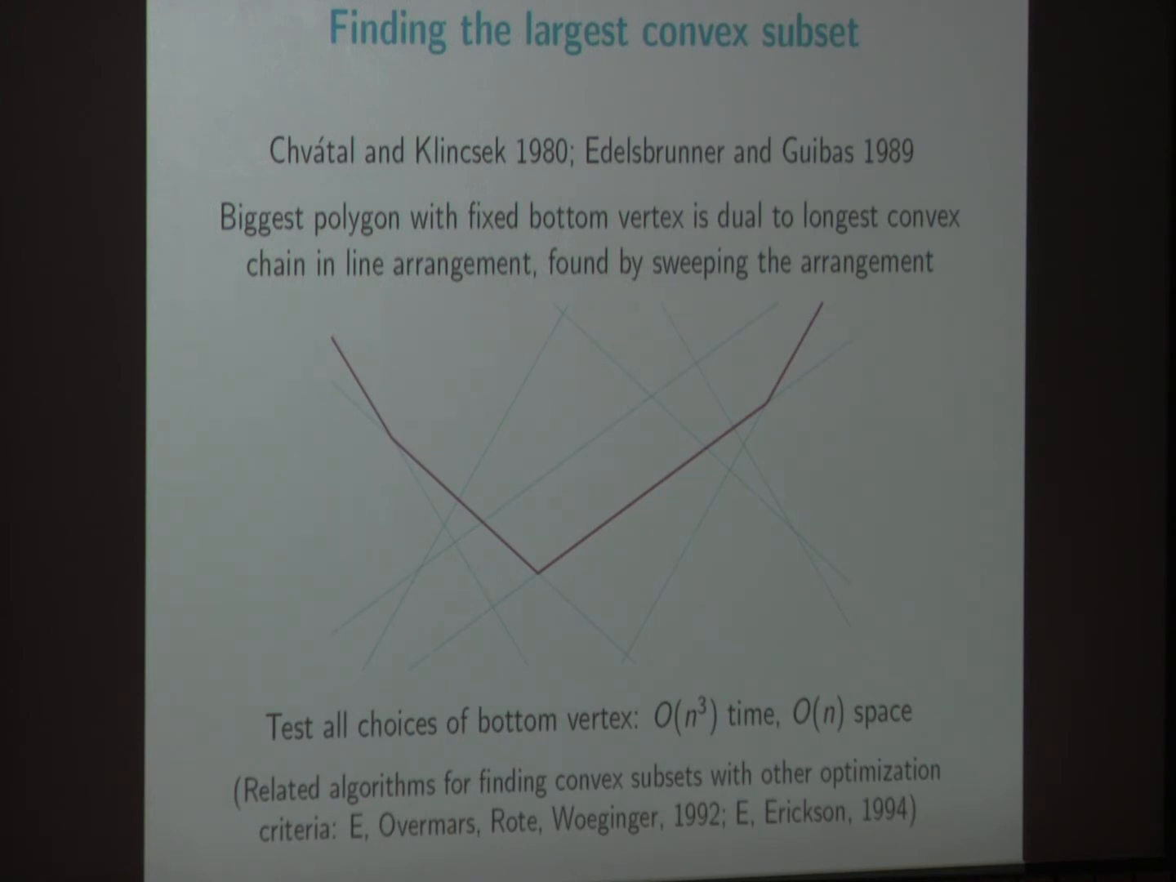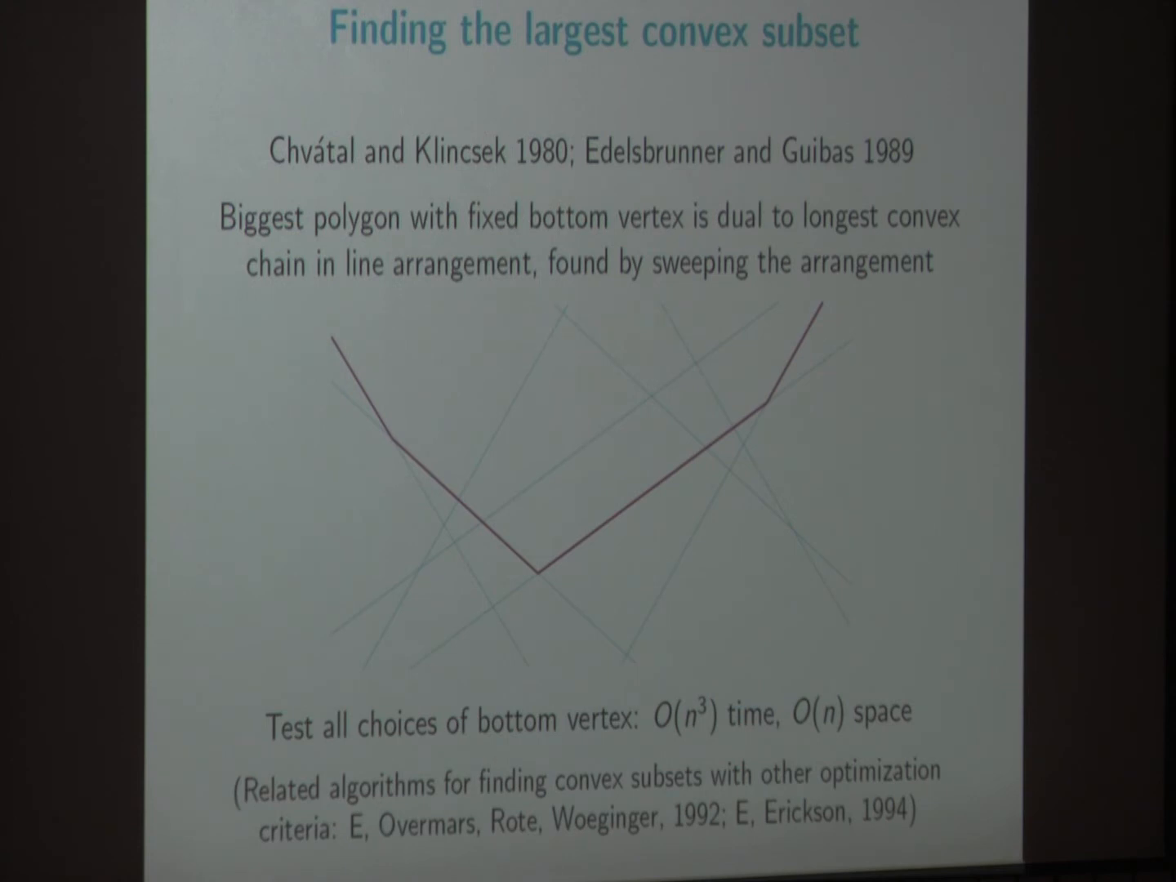So they invented this topological sweeping technique that doesn't quite sweep the arrangement by a vertical left-right sweep line. It sweeps them by a topological line, but that looser sweep order lets them save a log in the running time. And this has many applications, but one of them is this problem of finding the largest convex subset, because once you fix a bottom vertex, it becomes an arrangement sweeping problem, so you do it n times, once for each possible choice of the bottom vertex. And that gives you an n cubed time O of n space algorithm for finding the largest convex